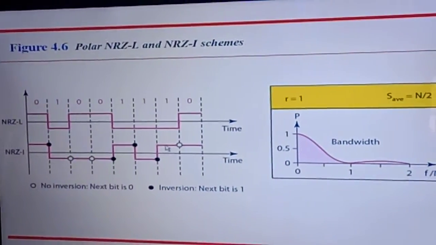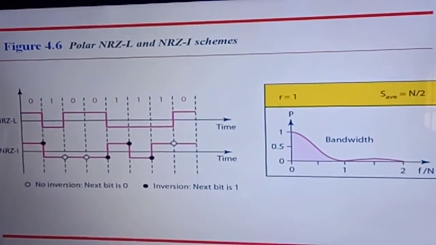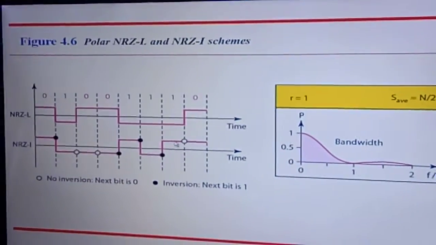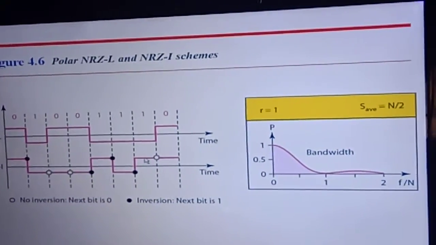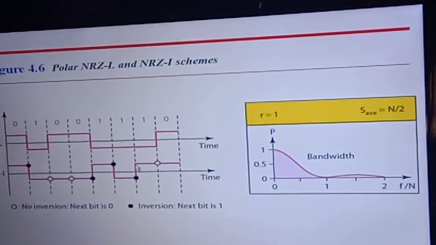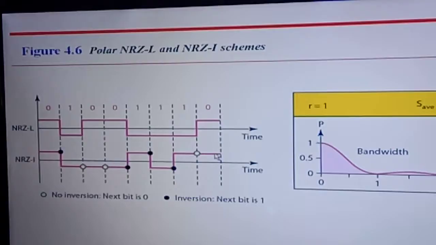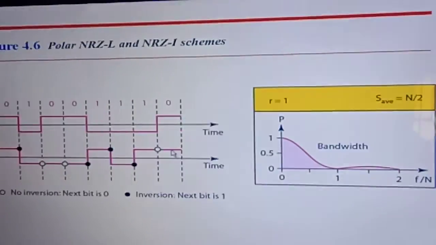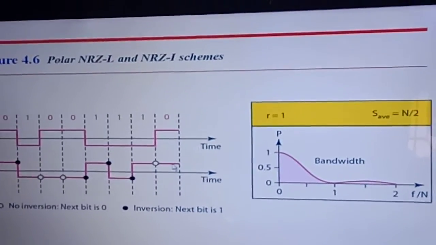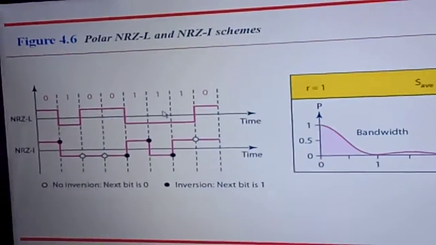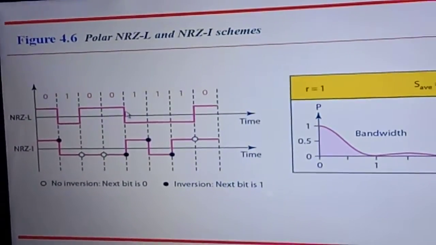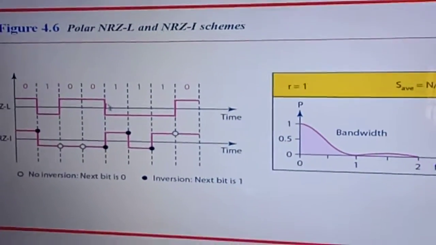That is, whichever portion the signal is in, either the positive partition or the negative partition, it stays the same. Here you can see the signal goes from negative to positive, represented with 1. So that is continuous because the next bit is 0. The next bit being 0 means the signal also remains in the positive quadrant only. So there is a big difference between these two methods, non-return-to-zero level and non-return-to-zero inverse.